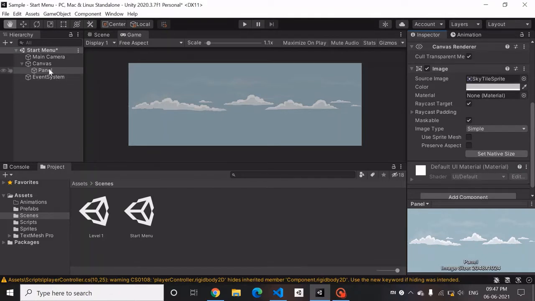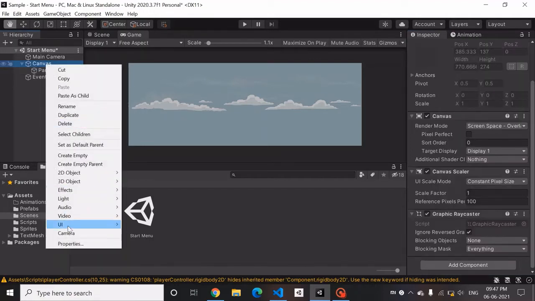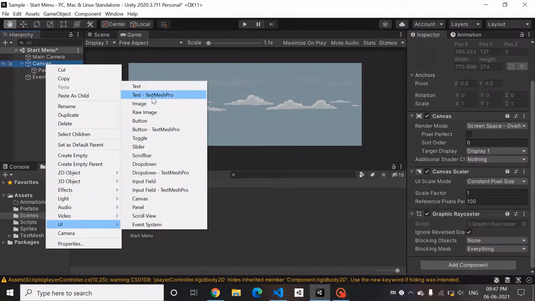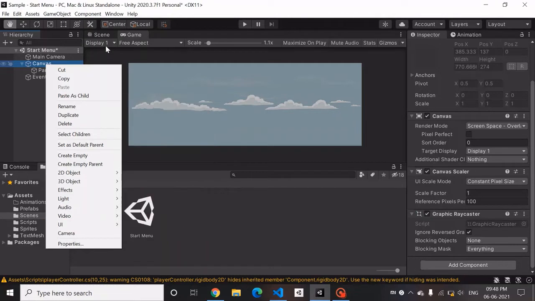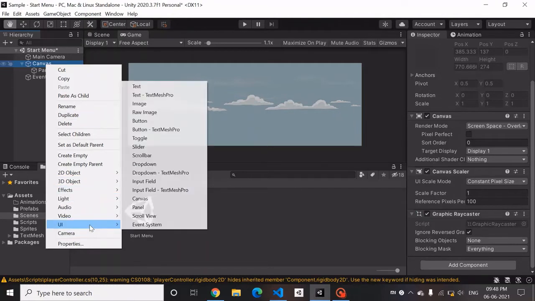And now what we have is this is the background, and we have to add some text elements. So now we're going to introduce a new type of text, which is Text Mesh Pro. In the score section, we had used the default text, which had a little blurred quality, the quality of the text was not very good.